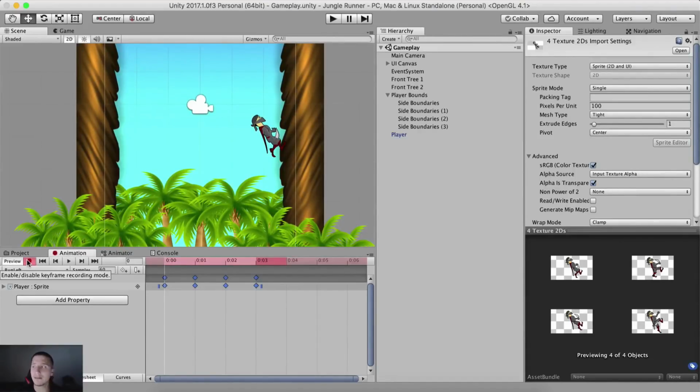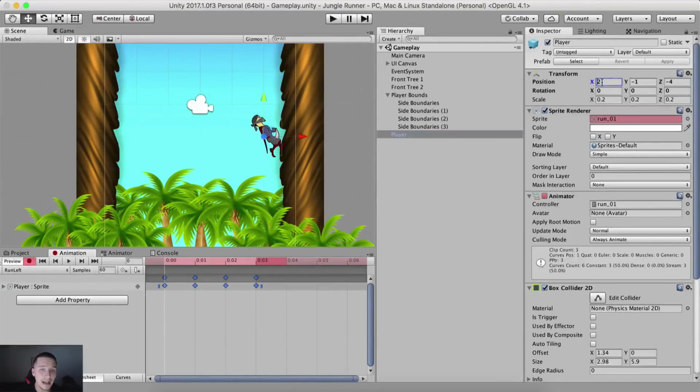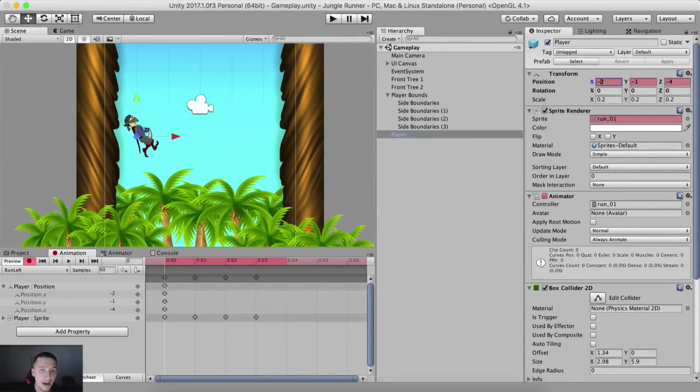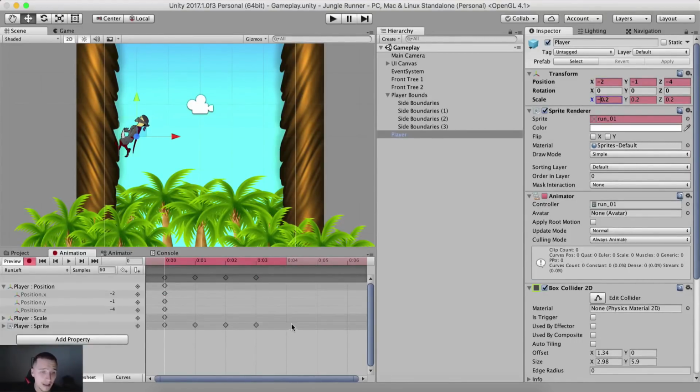Hit the recording button, because now we need to run on the left side, which means that our player needs to be on -2, you see right here, and also -0.2 on his scale. And we need to go here on the last frame and just change the position. Notice we don't have keyframes right here, but if I change the position, bam, you see